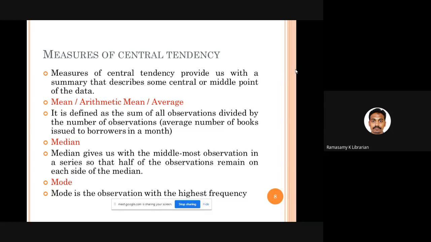Then comes mode. Mode talks about the item which occurs most, which is having the highest frequency. That is called mode. For example, 100 students are there. You're asking them a question. Okay. How satisfied are you with the library? Some 10 students are raising hands. Then you're asking how well satisfied you are with the library. Some 70 students are raising. How many of you are not satisfied with the library? Again, 10 are raising hands. So what is the mode? 80%, they say that they are well satisfied with the library. That is the mode. So mode is the most frequently occurring point in your data set.